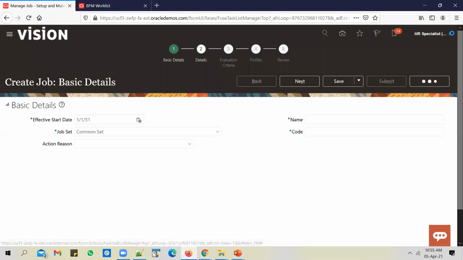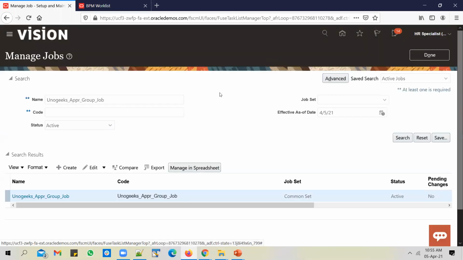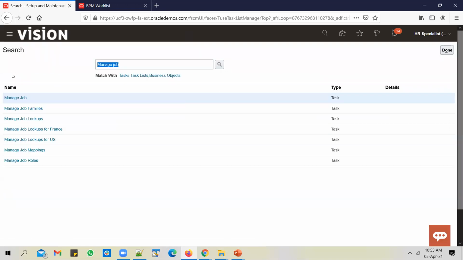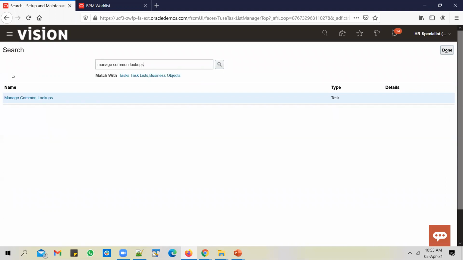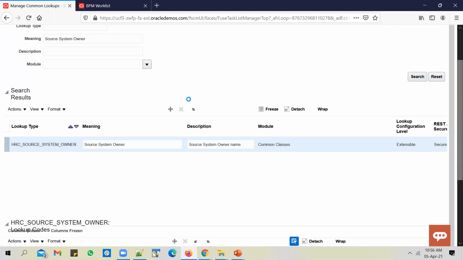Let's go to the application, cancel this. And from the functional setup manager screen, let's go to manage common lookups and search for source system owner. This is a seeded lookup given by Oracle. You don't need to create it.